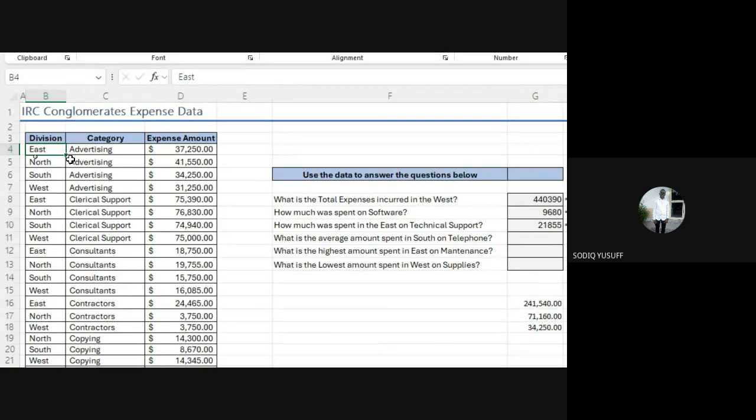If you look at the question very well, they are saying how many times does East occur? Because every time East occurs, that's an expense already done. So we have to go into the table and check East 1, East 2, East 3, East 4, and so on.